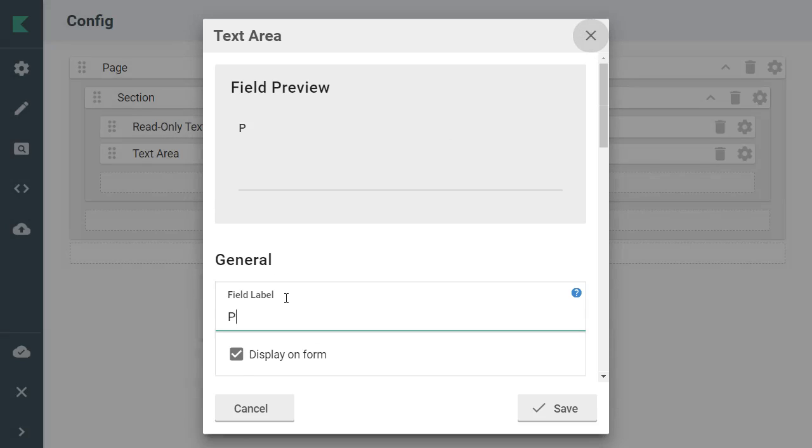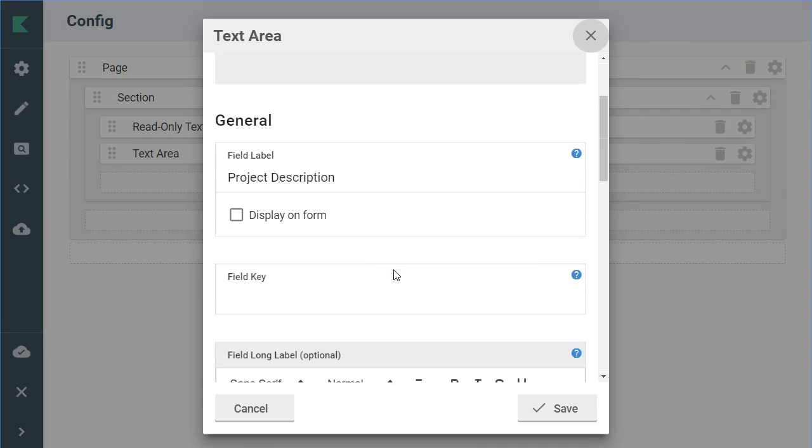For the field label, I'm going to put project description. And I'm going to hide that. Again, I want a longer description. The reason we still need field label is because that's the label that's going to appear on reporting. It's a quick identifier that you can use when exporting data, when looking at this data in a manage files